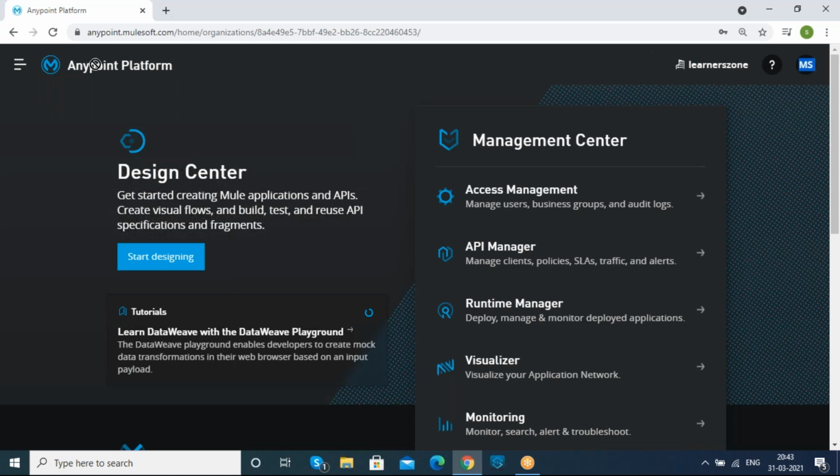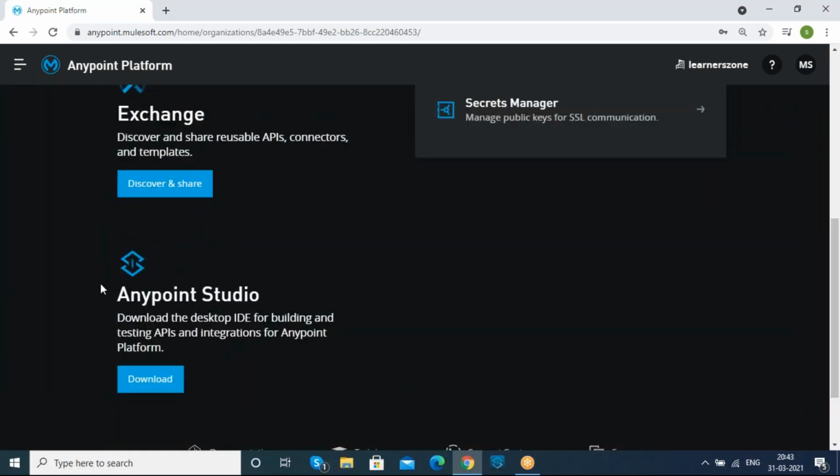as I said for you, this AnyPoint platform is the main reason why we are choosing this MuleSoft technology. So in AnyPoint platform, what are we just going to do? We are just going to design, develop, deploy, manage, and govern our applications. By using this design center option, we are just going to design our applications. And after designing our applications, the AnyPoint Studio tool also we can download from the AnyPoint platform itself. This is an AnyPoint Studio tool which we are just going to download on-premises.